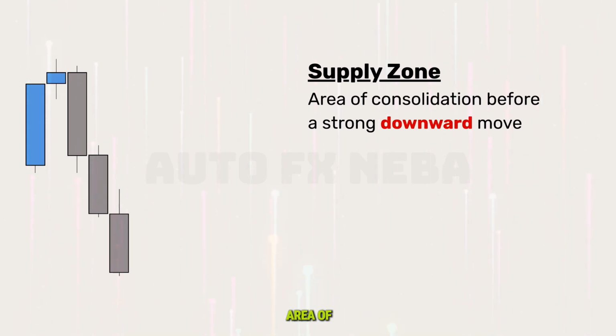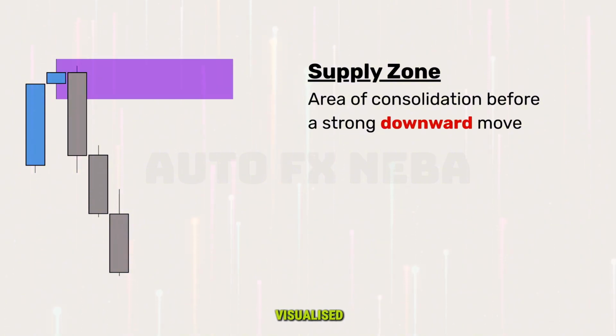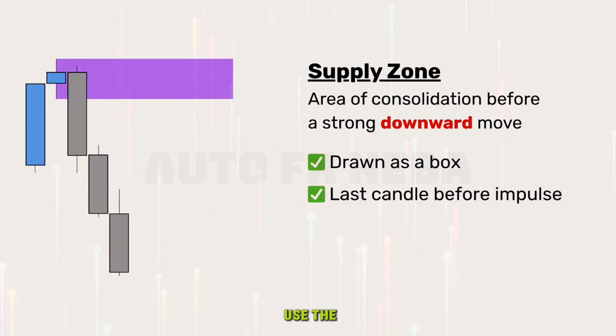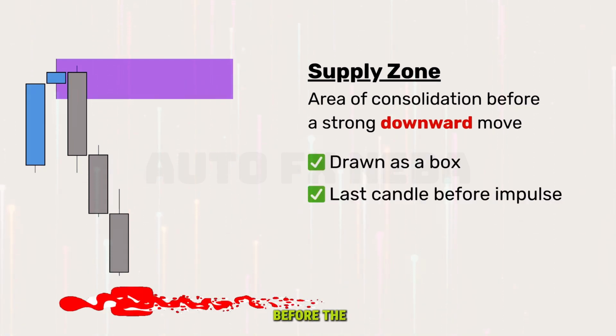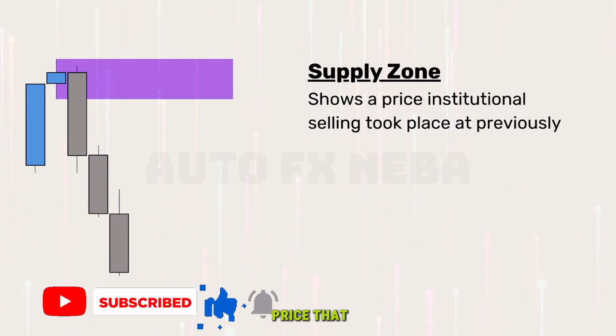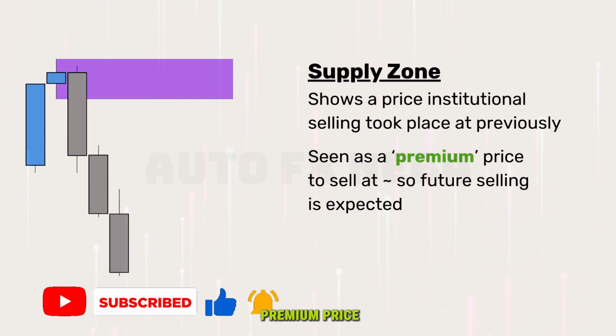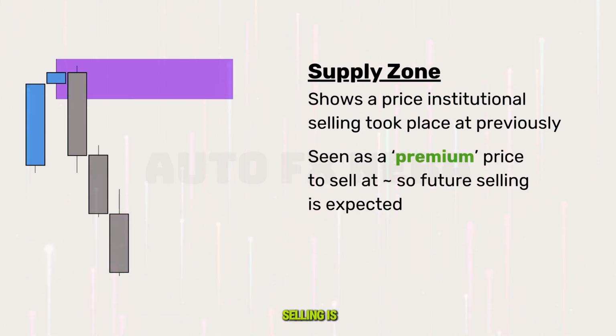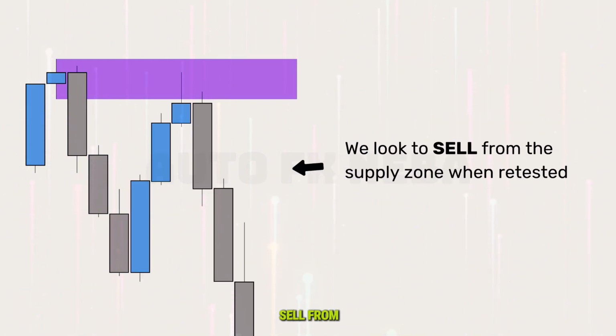Now, if you haven't already guessed, a supply zone is just the same, but the other way round. It's an area of consolidation before a strong downward move, which would be visualized like this. Again, it's drawn as a box, and I use the rule of using the last candle before the impulse to mark my supply zones. This shows a price that institutional selling took place at previously. It's seen as a premium price to sell from, so future selling is expected once the market returns to this level. Here we look to sell from the supply zone when retested, expecting more institutional selling to kick in to